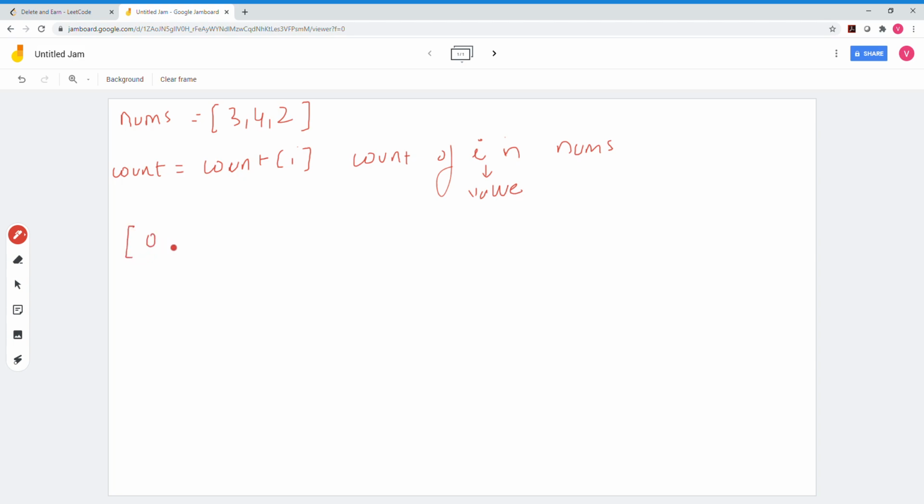It will be 0, 0, 1, 1, 1, with indexes 0, 1, 2, 3, 4. So it's sufficiently clear: 0 appears 0 times in nums, 1 appears 0 times, 2 appears once, 3 appears once, 4 appears once.